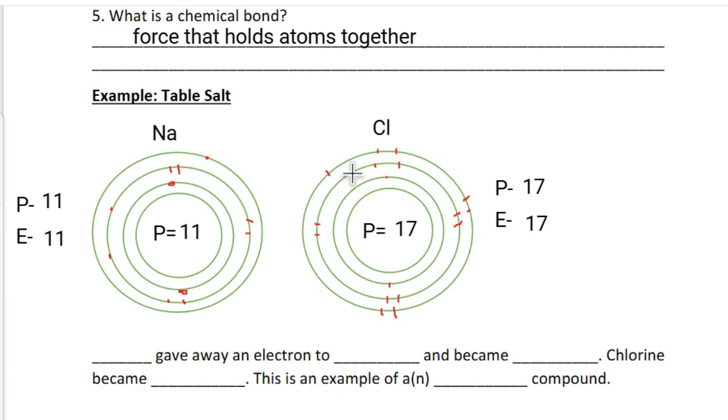Chlorine has 7 and only needs 1 more, because remember 8 is full. So it's actually going to get that 1 from sodium. So sodium is going to transfer over its electron to chlorine. So that makes it 10 electrons because it gave 1 away. And now chlorine